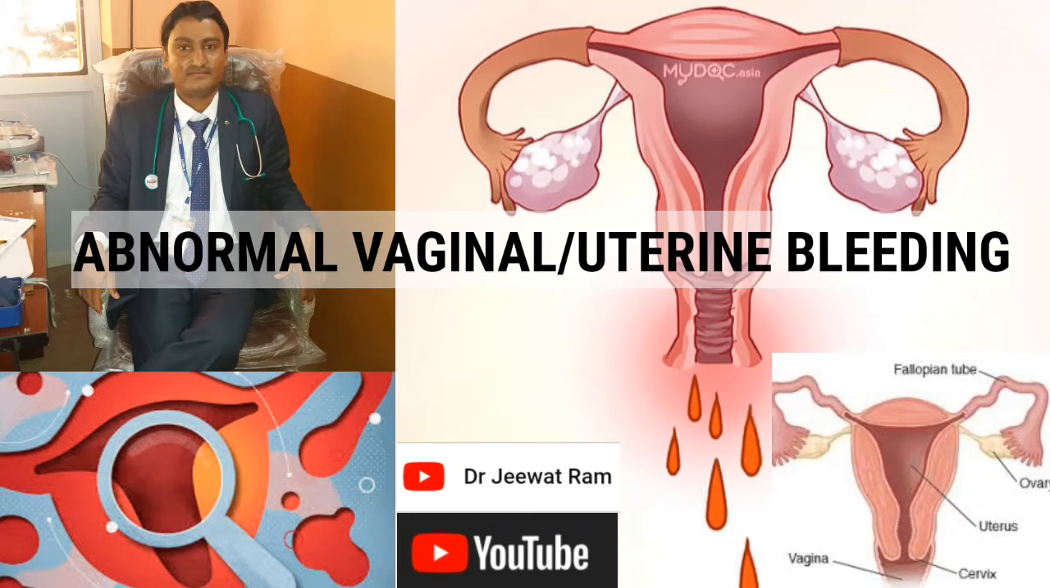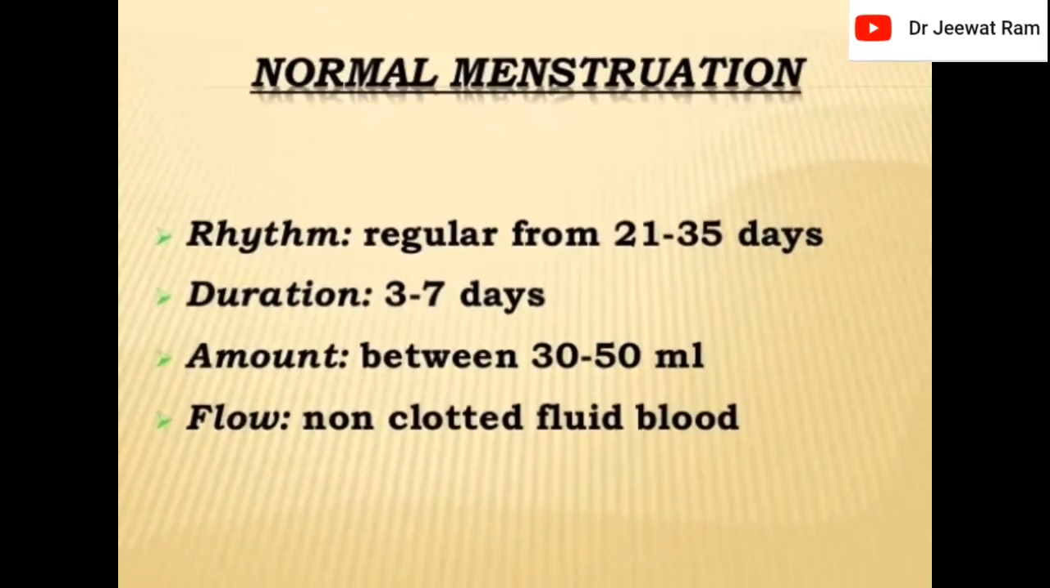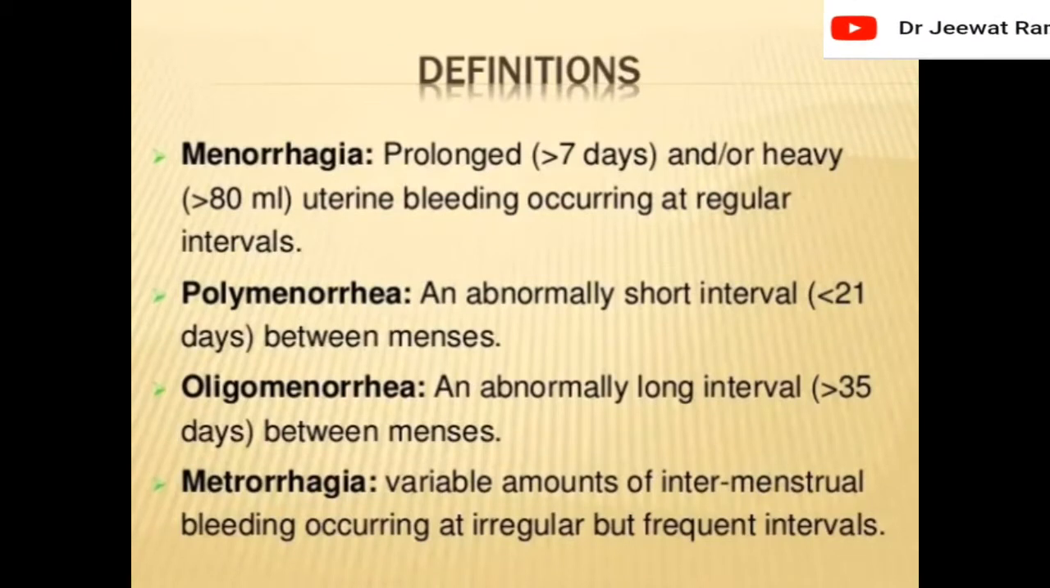Today I will discuss abnormal vaginal bleeding and its management. Normal menstruation: rhythm regular from 21 to 35 days, duration 3 to 7 days, amount between 30 to 50 ml, flow non-clotted fluid blood. Definitions: menorrhagia is prolonged, greater than 7 days, and/or heavy, greater than 80 ml, uterine bleeding